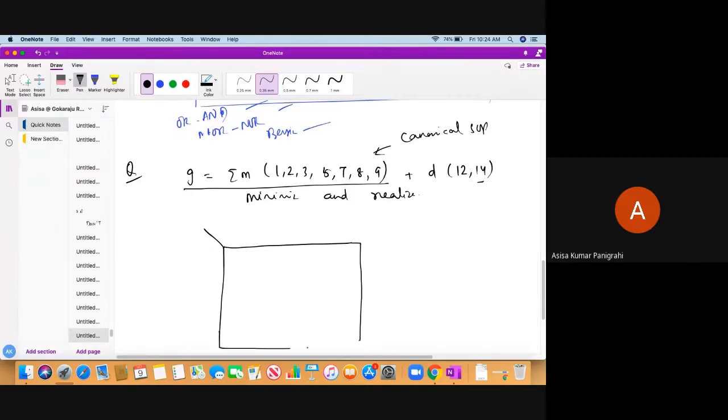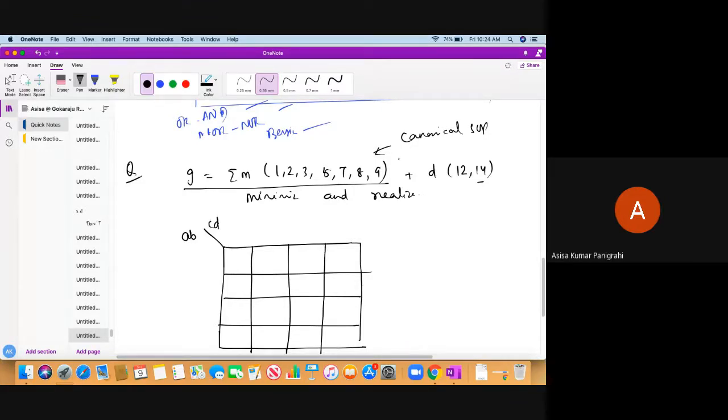So this is my 4 variable K-map, which has actually 16 cells, obviously. And here the variable is not given to me, so I can put any variables A, B, C, D, and it's actually SOP type, so I can follow the SOP simplification procedure. So this is D bar, C bar, D, C, D, C, D bar, A bar, B bar, A bar, B, A, B, A, B bar.